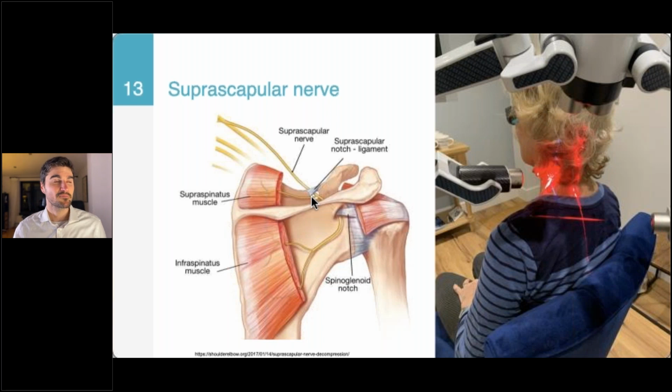Suprascapular nerve coming at the back here. So suprascapular nerve is going to come through this suprascapular notch. It's basically a ligament and then bone. Now, this is another kind of classic entrapment site for peripheral neuropathy, and what you're going to get is this proximal shoulder pain. So the interesting one with this is, again, if we have this double crush or maybe a reverse crush, which we'll talk about in a minute, you will see cases, and I'm sure you'll recognize the story,